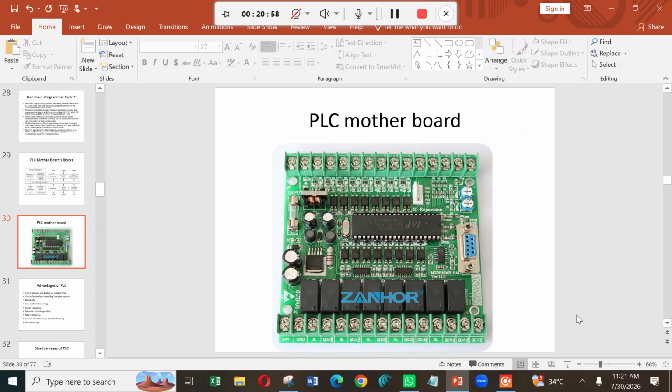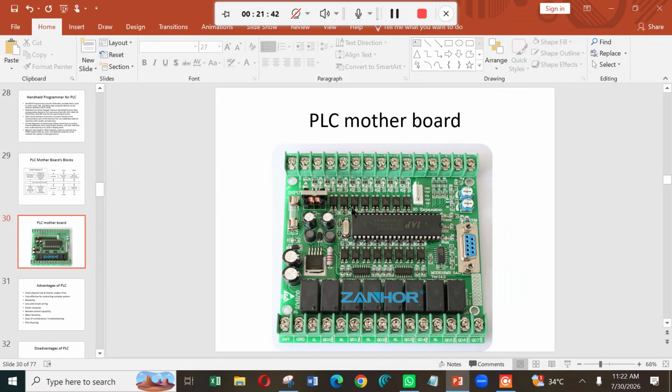Now from this, can you identify where the inputs are and where the outputs are? Just according to your knowledge, just try to look at this PCB. Where can you find the inputs and where can you find the outputs? Yes, very good. The top terminals are inputs and the bottom terminals are outputs. Why? Because here we have connected the relays. You see, these pins are through the relay. So basically these are the outputs.